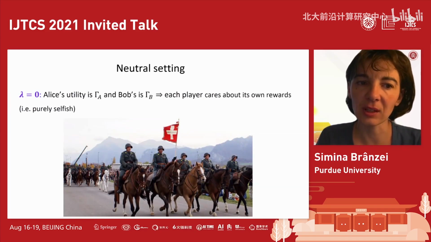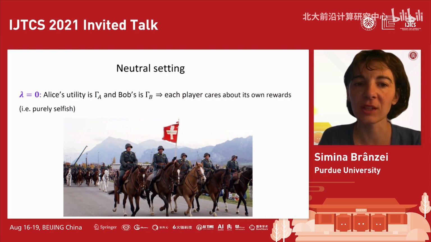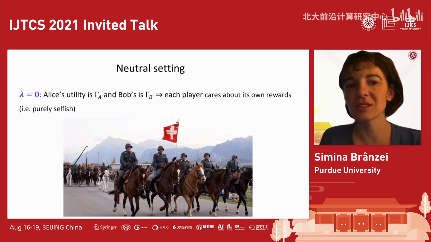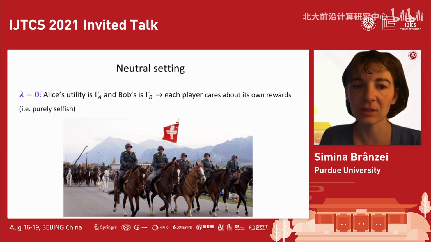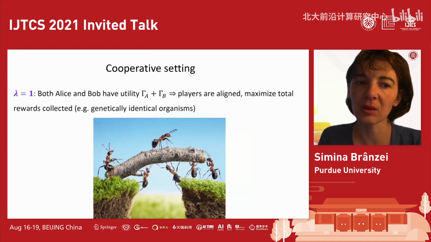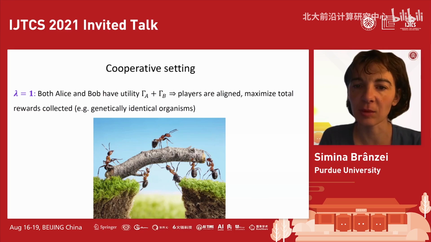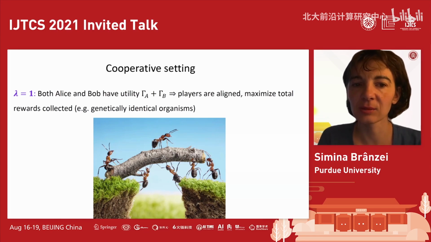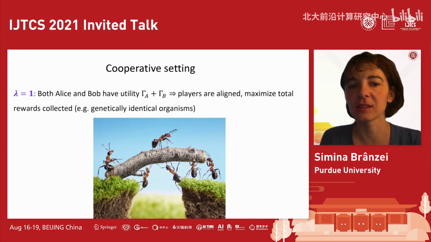The case where lambda equals 0 means that Alice's utility is gamma A and Bob's utility is gamma B. So basically, they only care about their own rewards. We could think of this as them being completely selfish. And then there is the cooperative setting where lambda equals 1, where both Alice and Bob have utility gamma A plus gamma B. Here the players are aligned. They optimize the same function and they try to maximize the total rewards collected. And there is evidence that